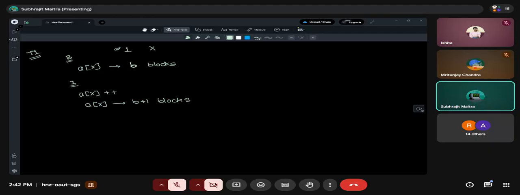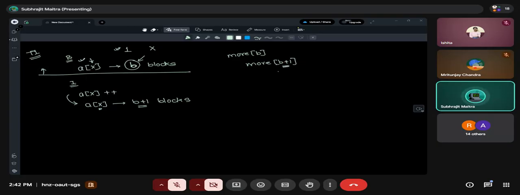Fine, this is done. Now you can understand one thing: up to this moment, before incrementation, this index x was contributing to at least how many blocks? At least b blocks. This index x had at least b blocks in it. So more of b had the count of this index. But the moment I incremented, what happened? Now this index is contributing to more of b plus 1 also.